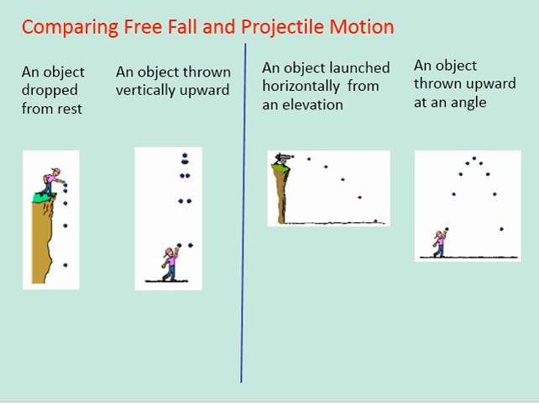Let's compare free fall and projectile motion. So we started talking about free fall. We said an object was dropped from rest from an elevated height. So we knew that its initial velocity in that vertical direction that it was traveling was 0. We knew that gravity would accelerate it as it moved down towards the bottom of its motion. And we knew that gravity sped it up at that rate of 9.8 meters per second squared. And that each subsequent second, the object was traveling more and more distance because it was traveling faster and faster